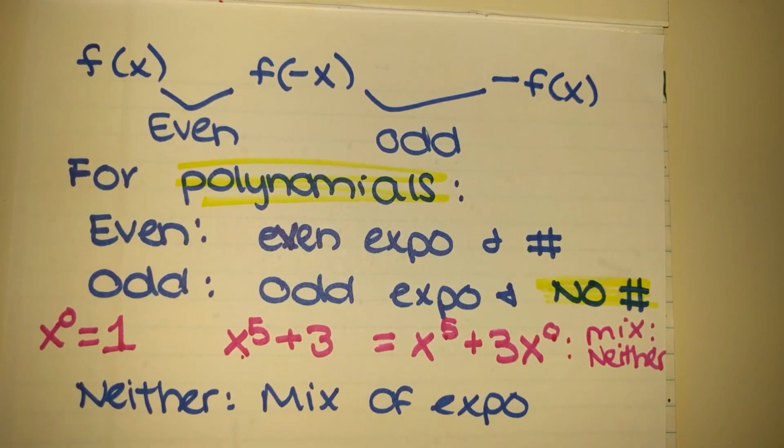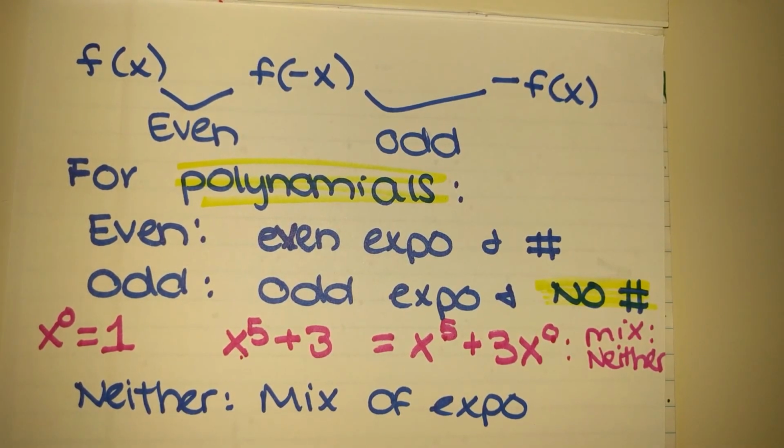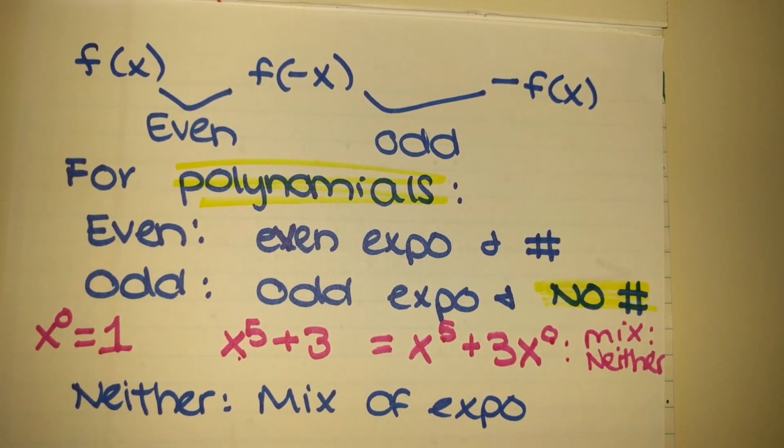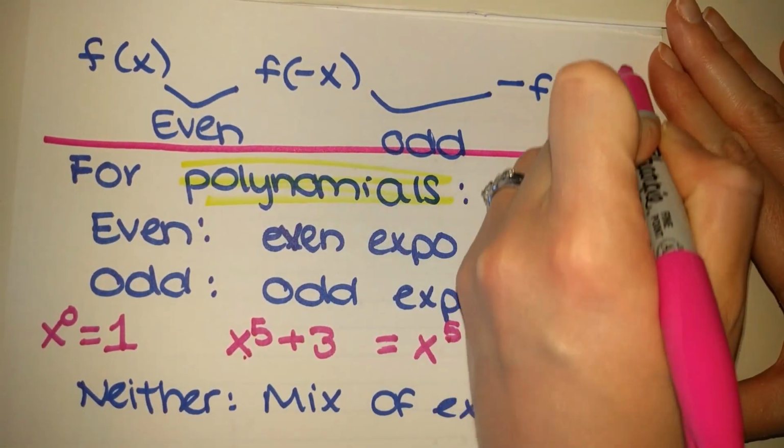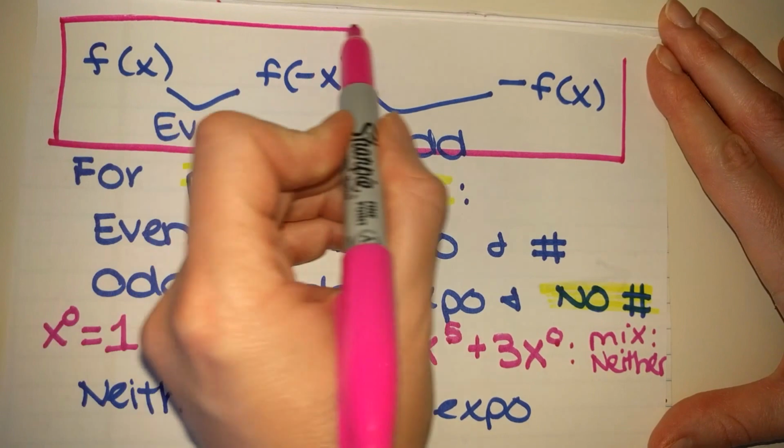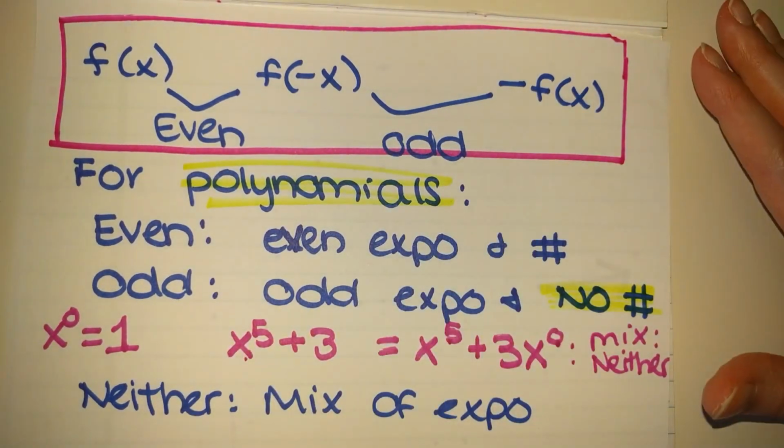All right, so for the even, odd, and neither questions, technically the definition says you're supposed to go through f of x, f of negative x, and negative f of x, see what's equal, what's not equal. Now, in college algebra, we're really just focusing on polynomials for the definition of even, odd, and neither. And for polynomials, you can generalize this definition to really be characterized based off of what type of exponent you